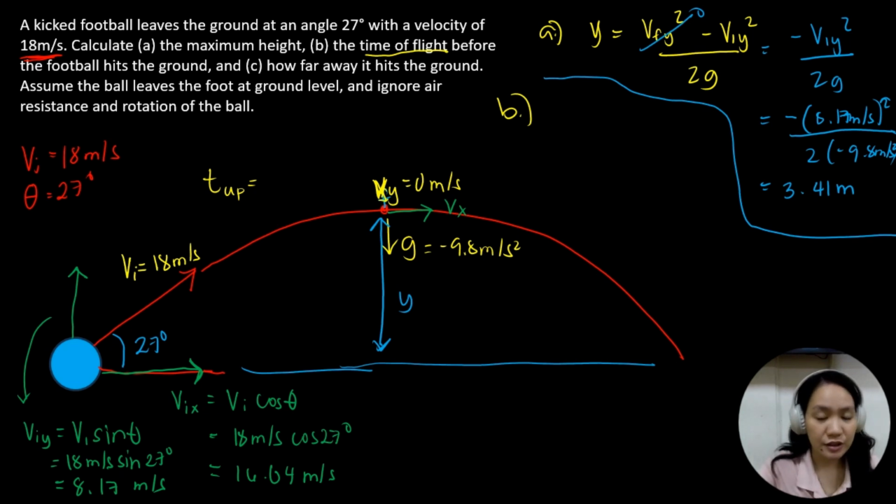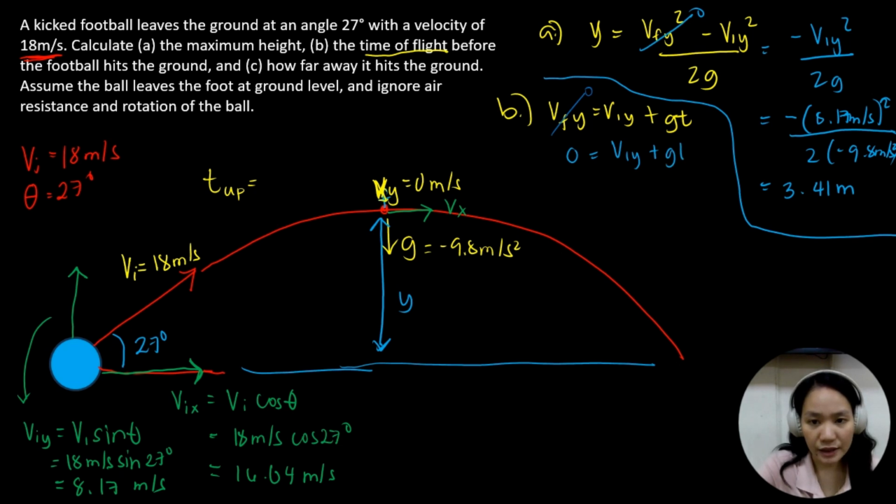From the set of equations earlier, you'll probably notice kinematic equation 1, which is velocity final y is equal to velocity initial y plus gt. This equation will provide us the answer because we know VIY, we know the g, and we know the value of VFY at the apex, which is again 0. So if we simplify the equation, since VFY is 0, VIY is maintained,